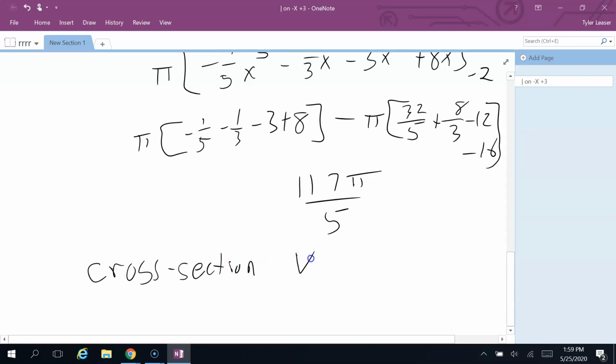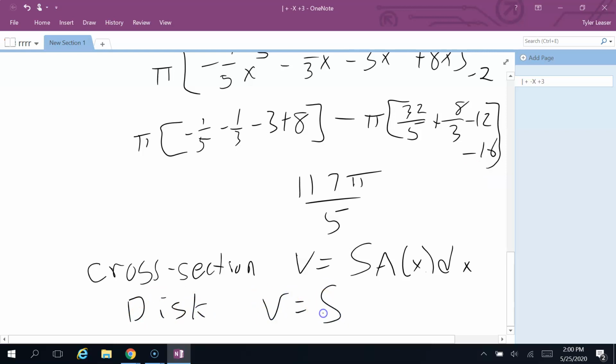Whenever you are finding the volume using cross-sections, you just integrate over the formula of the cross-sections. We also have the disk method. The disk method is finding volumes whenever you have rotation. So if your area is bordering your axis of rotation, then it's just pi, the radius as a function of